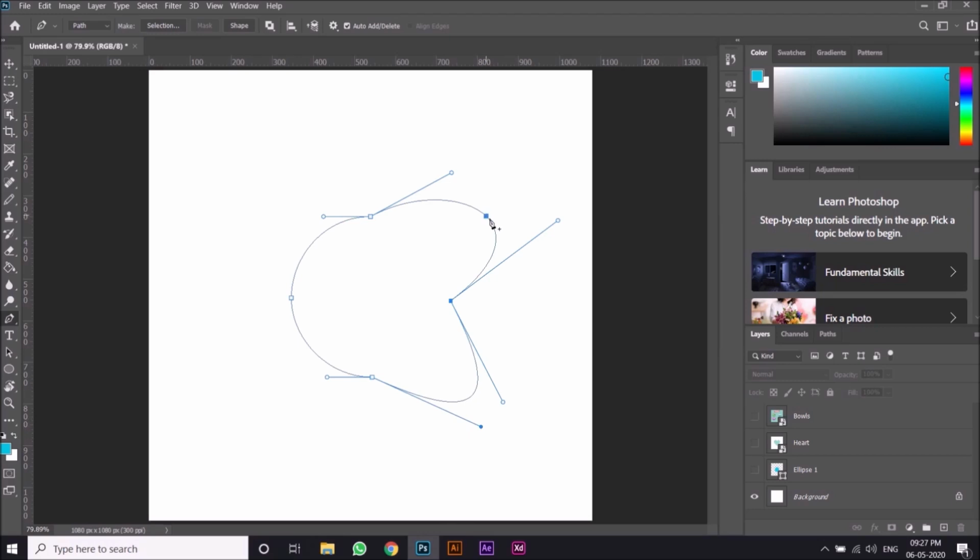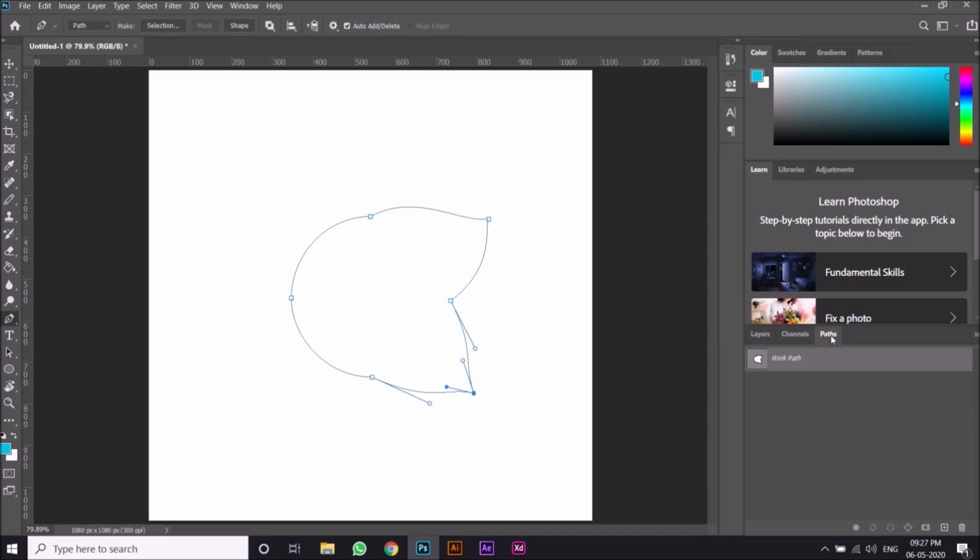Suppose I want it to be pointy, that is I don't want it to be curved here and here. I'll make this pointy by adding a point here like this, and then I can change these handles by breaking the handles. This is called breaking the handles. As you can see, the handles are in a straight line, that means it is curved. But if you break the handle by using the Alt key, it becomes pointy like this. I'm breaking the handle like this. Now I'll add a point here. I'll break the handle like this. I'll break the handle like this.